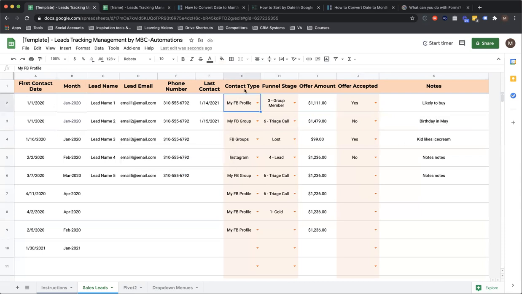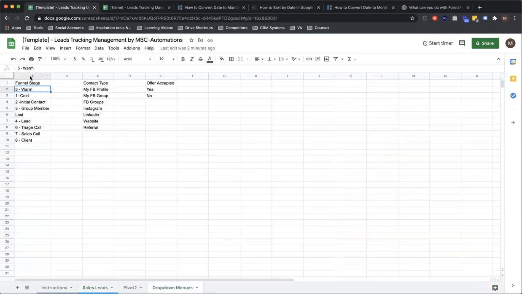So if you have different contact types or different funnel stages, or you want to have a different overview of yes or no, and there is another offer accepted stage in your overview, you can change that in the drop down menu field down here. So you see here that here are the funnel stages that I have in here, and you can change them up. So you can say, for example,